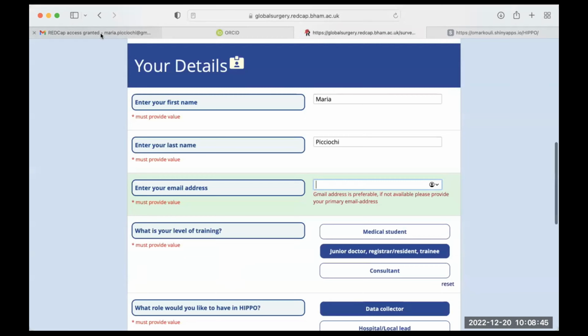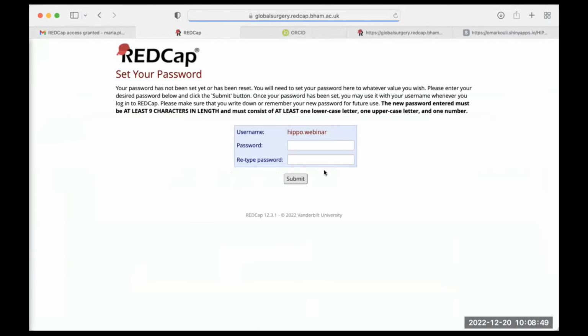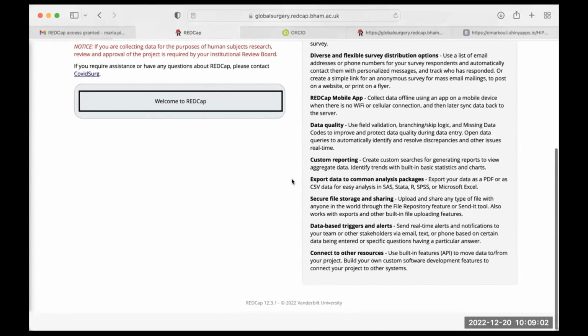When you click this link here, it goes to this page, and then you need to create a password for your account. Then you click submit, and this is your RedCap account.